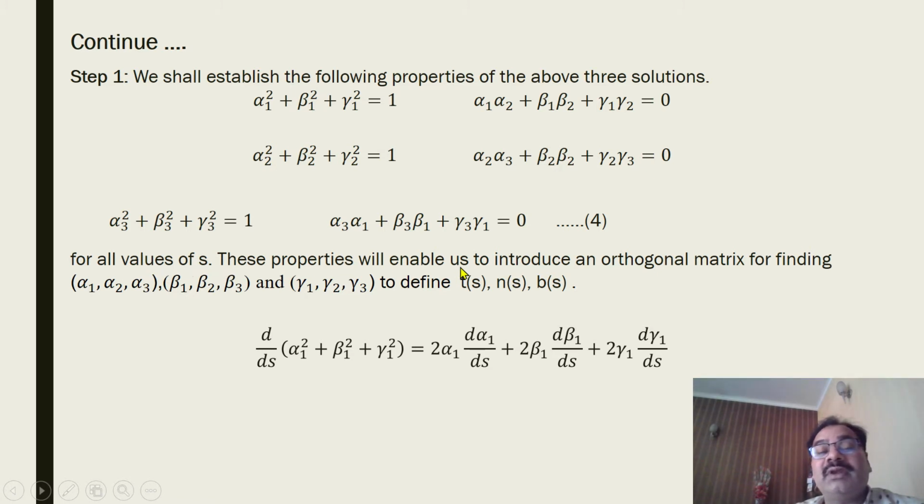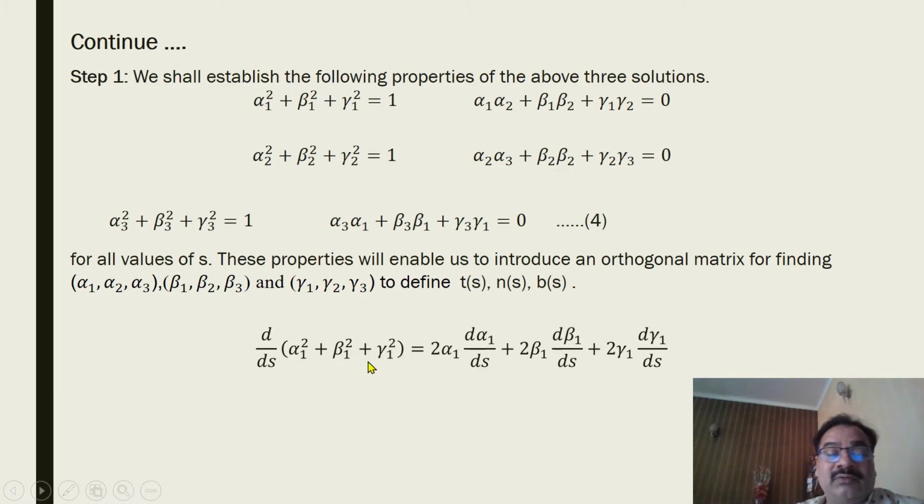These properties will enable us to introduce an orthogonal matrix for finding alpha 1, alpha 2, alpha 3, beta 1, beta 2, beta 3 and gamma 1, gamma 2, gamma 3 to define T, N and P. It means d by ds of this